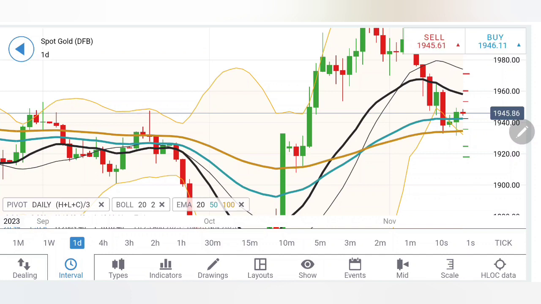On the downside, I will recommend you to sell at 1942, but this comes with a caution note that 1940, 1938 are going to remain greater support levels for the day. It is only if you see it staying below 1938 that you can say a little bearishness will be seen towards 1935, 1930 levels. The 1930 level is a greater support for gold today. So take your positions accordingly, trade with a stop loss and a trailing stop loss.